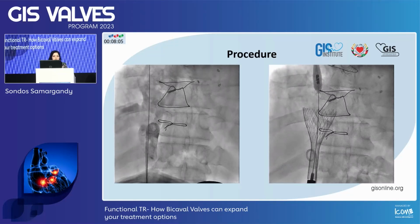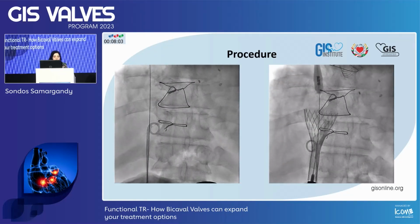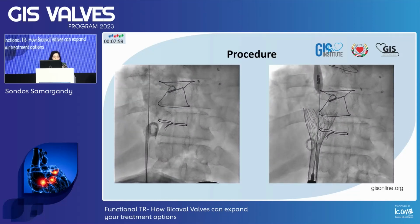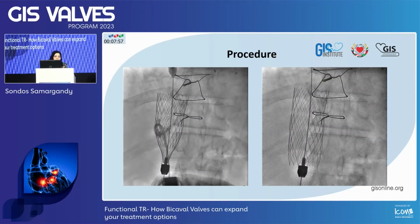The whole key here is a very slow, controlled deployment, because there is a tendency of the valve, because of its stiffness, to pop up. So you have to control it. So this is an angio to confirm everything before the final